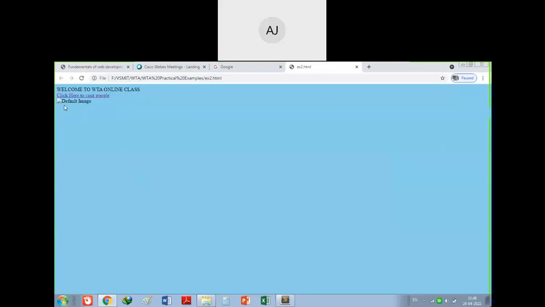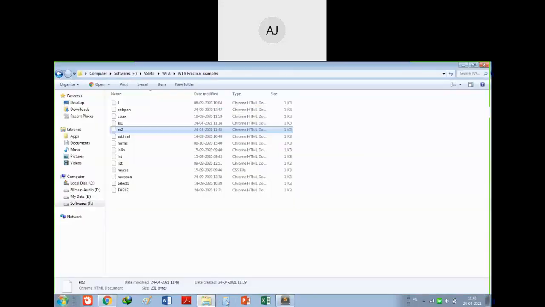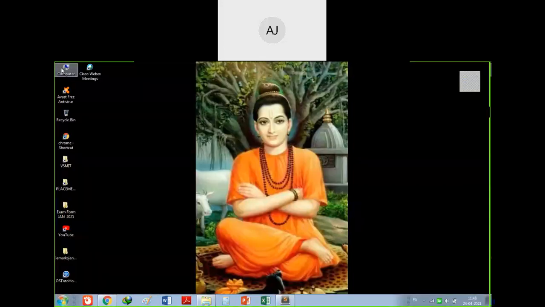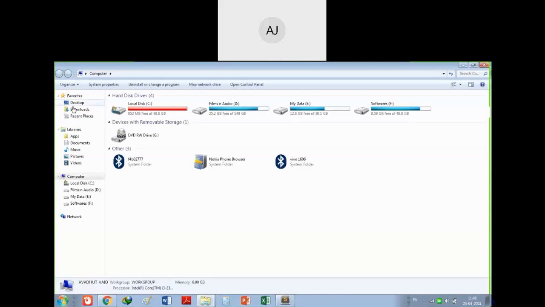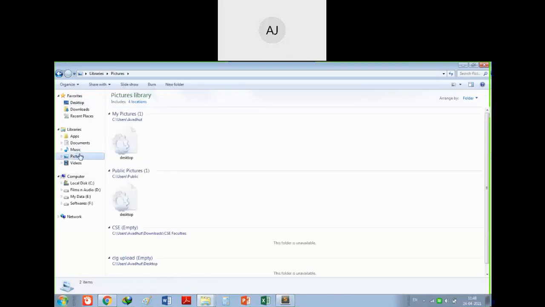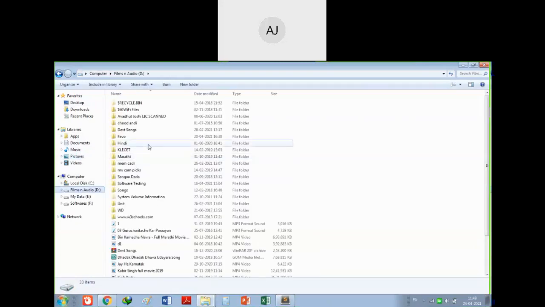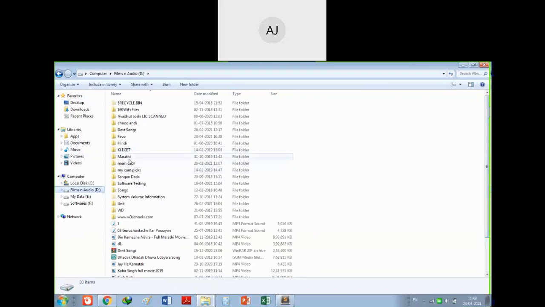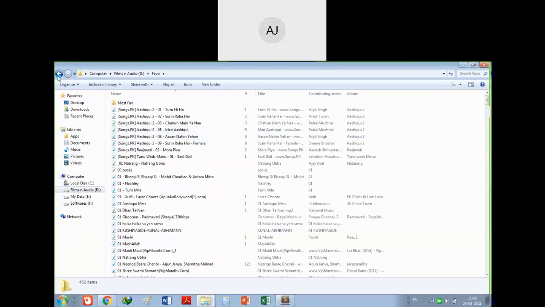So right now it has to load one image here, but that image a.jpg is not available there. That's why it is showing the default image. Okay, if I copy any image and paste it in that particular folder, now what change will you get? I will go for this one, in My Pictures, there might be some images. I will check, no pictures are there. I will go to the D drive, and see if any images are available there. Let me check. No.